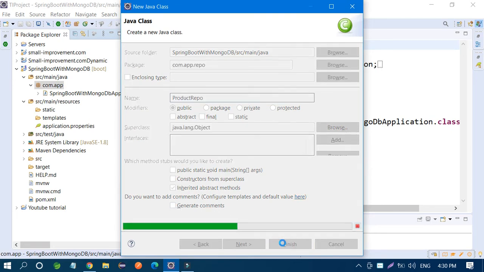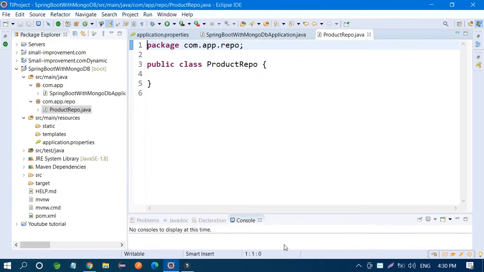Just finish it, don't worry about it. And in this place you have to change this class to an interface, because you will get some important points.